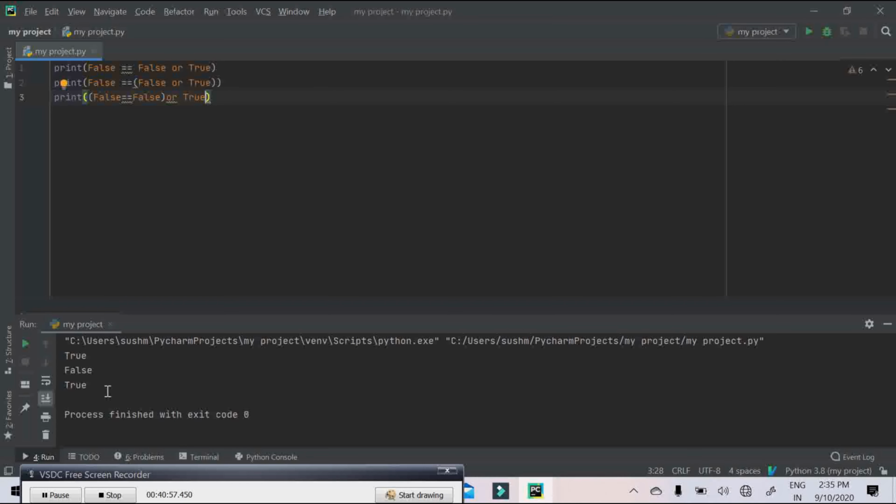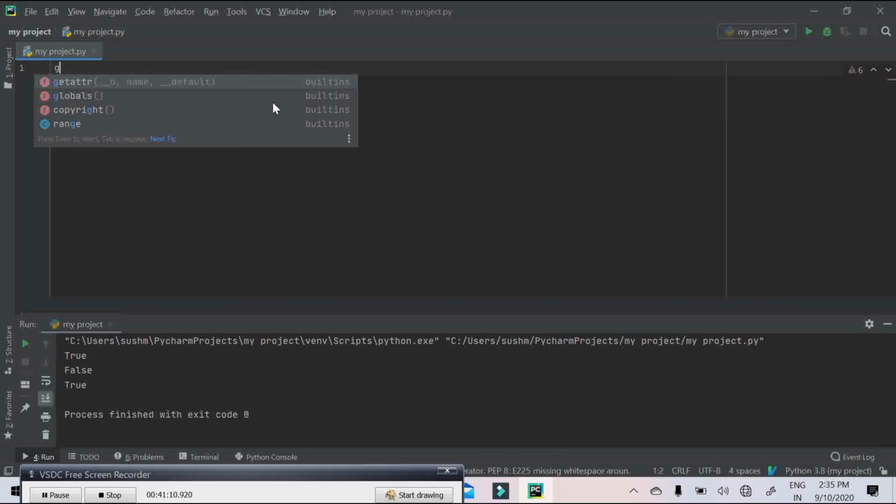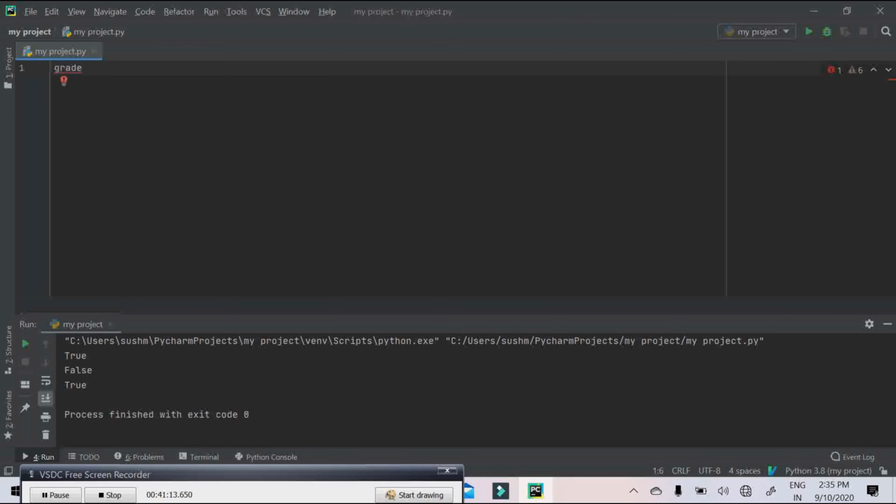Next, chaining multiple conditions. What is chaining multiple conditions? You can chain multiple condition statements in an if statement using the boolean operations. Let me give you an example. Grade equals 98. Then if parenthesis grade greater than or equals to 70